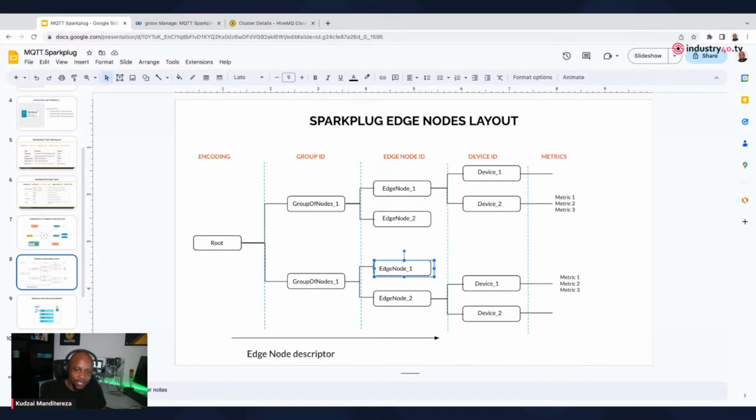So whenever you are structuring or allocating the topic representation within your edge of network nodes or within your SCADA systems, you need to take care that you don't put names that are not unique within, first of all, a group, and then secondly, as a combination of both the group ID and edge node ID. This needs to be unique throughout your